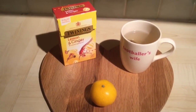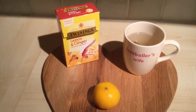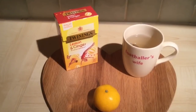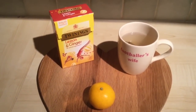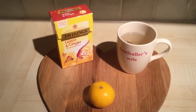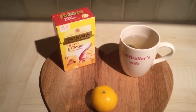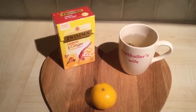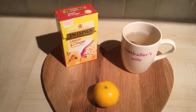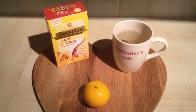Hi, so it's 11 o'clock and I'm just having a lemon and ginger tea and a satsuma for my supper. I really wanted to have some chocolate tonight, but that dinner was so filling, and I can't fit any in, which is really disappointing. But yeah, it's been a great SP day. It hasn't come without its challenges, I think. Being around my family's house earlier and them having homemade apple crumble and cream and stuff, and me sat there with my homemade soup and turkey was a bit of a challenge,